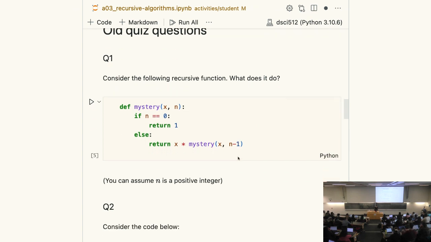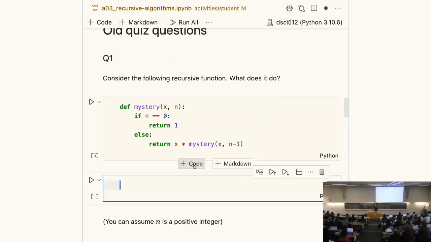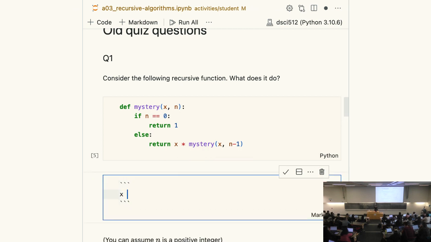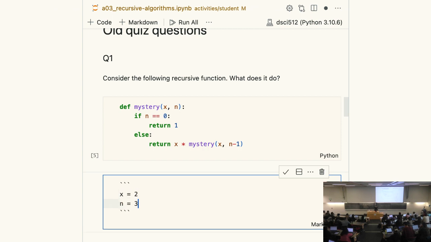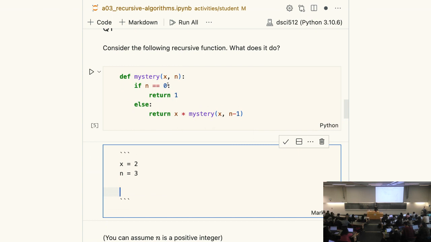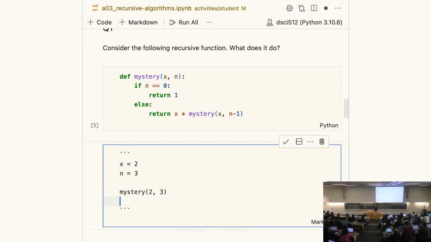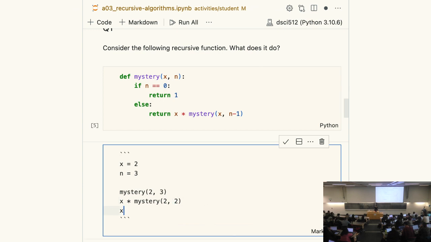Okay, yes, exactly. It's x to the power of n. So let's see why. If I take x equals 2 and n equals 3, I will call this function mystery with 2 and 3, and this calls mystery multiplied by this 2, and then it decrements that one to the 2, and then x multiplied by mystery 2 and 1 over here, and then for the last one, because this one becomes 0,